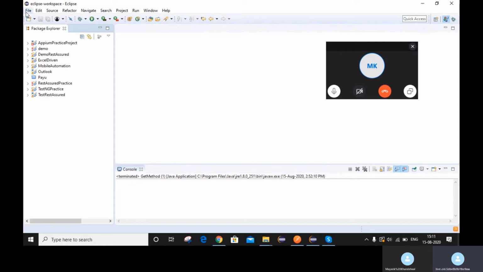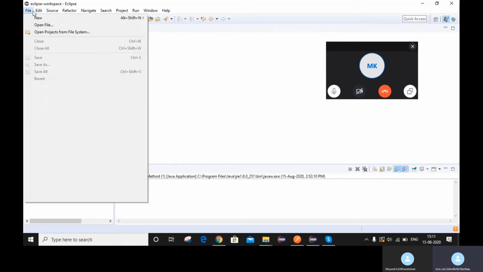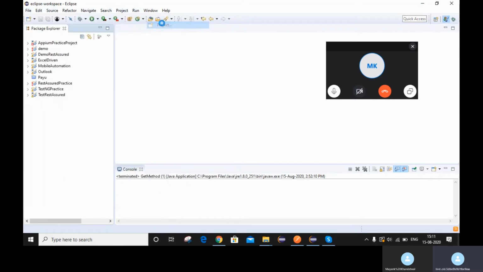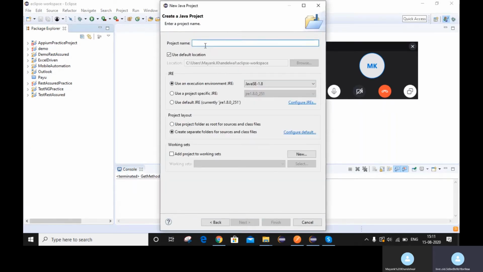Now, when Eclipse and Java are set up in your system, first let's see how we can create a simple Java project. Here you need to go to File, then New, and from here you can create the project.